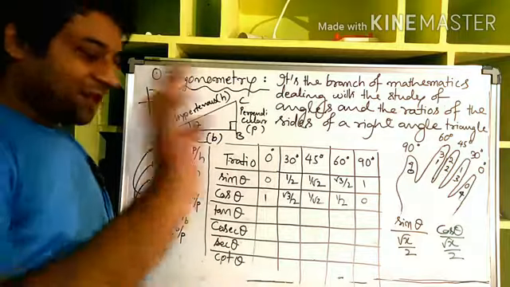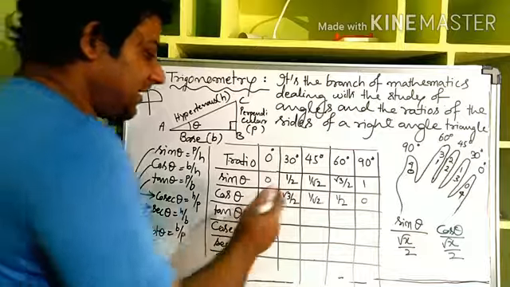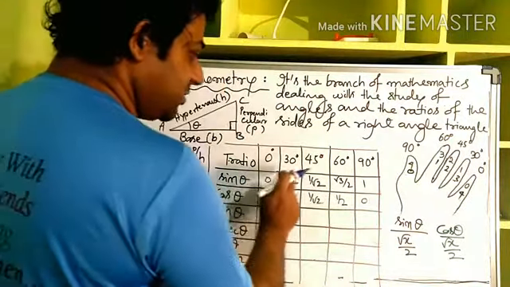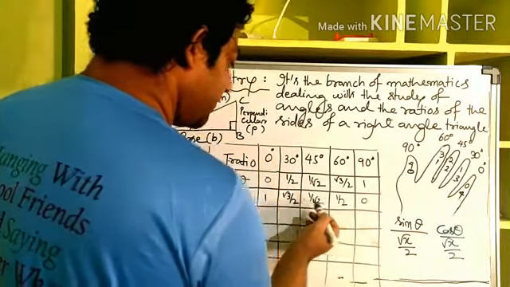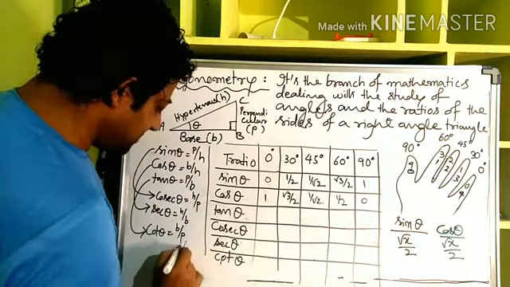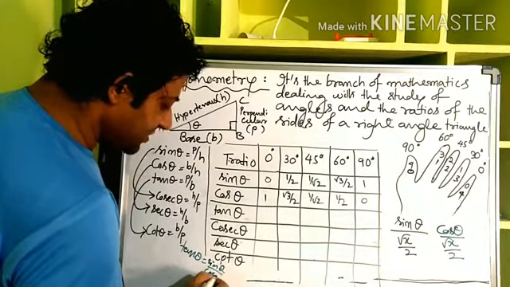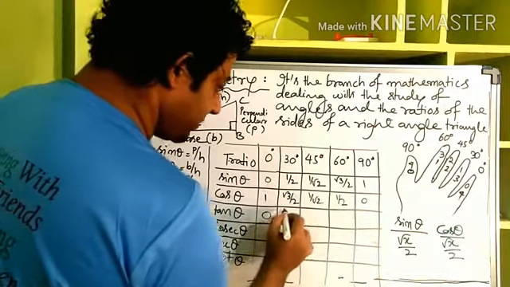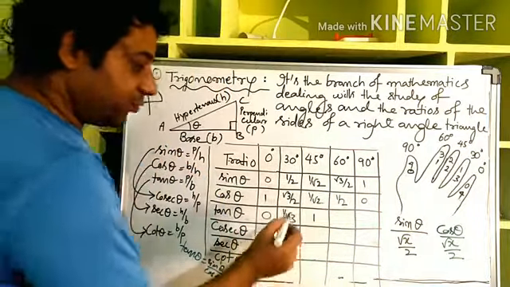Okay. Now see, only the first row you have to remember using your trick. After that, whatever is from this side, don't you think that this is just reversed? See, 0, half, 1 by root 2, root 3 by 2, 1. From this side, if you start, 0, half, 1 by root 2, root 3 by 2, 1. And after that also you can fill yourself, because tan theta is equal to sine theta by cos theta. So 0 by 1, 0. This is 1 by 2 by root 3 by 2, 1 by root 3. This is 1 by root 2 by 1 by root 2, 1.